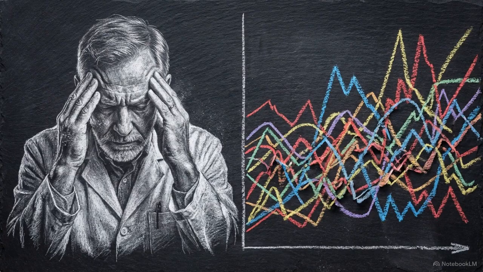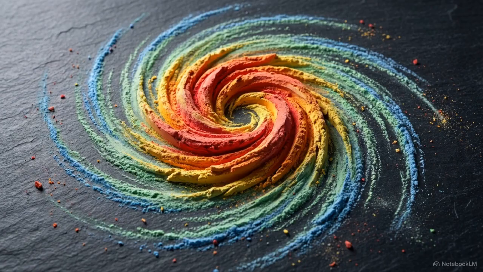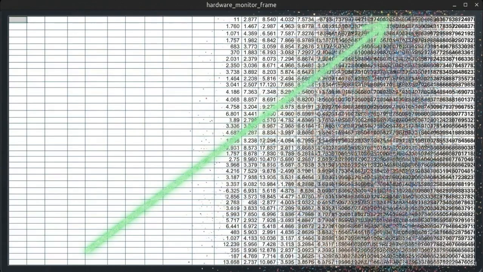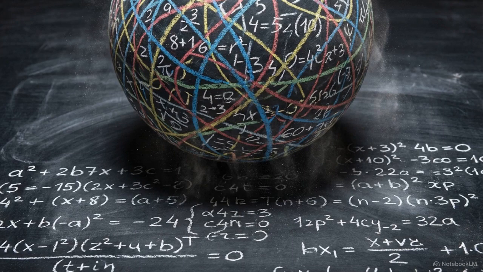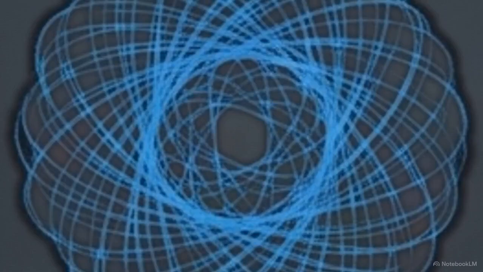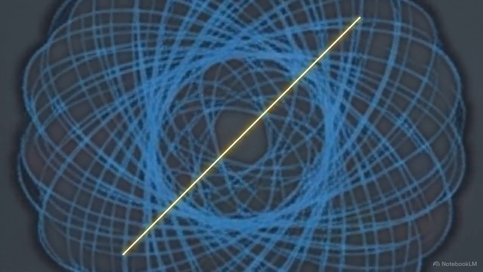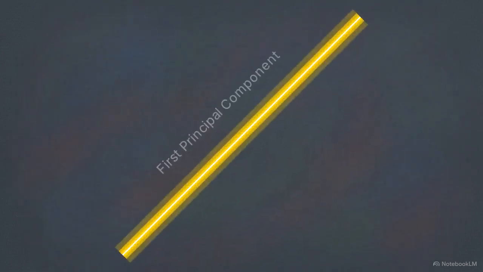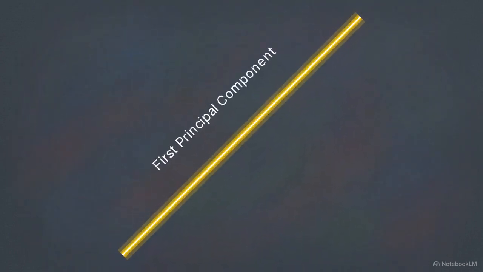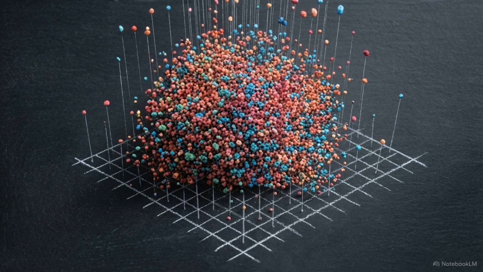This creates a severe obstacle for empirical science. When we study complex systems, whether it's the stock market, the weather patterns, or human genetics, we tend to measure as many variables as possible. We gather hundreds or thousands of features, leaving us with datasets bloated by redundant metrics and overlapping noise. To make sense of this, we need to locate the hidden, simple relationships buried within that noise. We have to mathematically isolate the true underlying variables that actually drive the system. Massive datasets create severe geometric distortions. We need a systematic filter to strip away the excess and reveal the core structure.